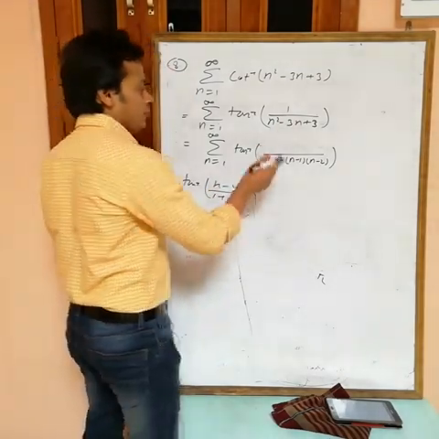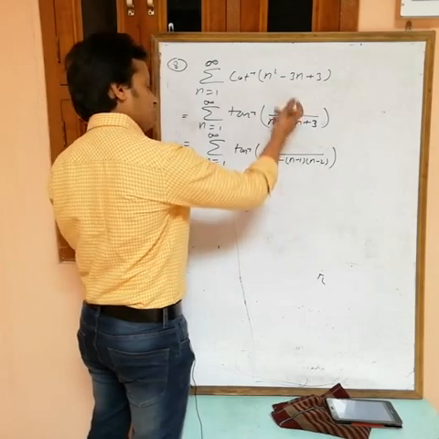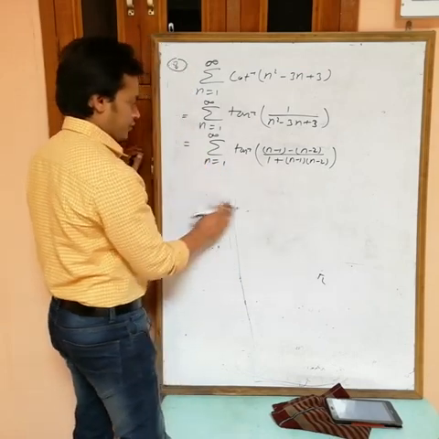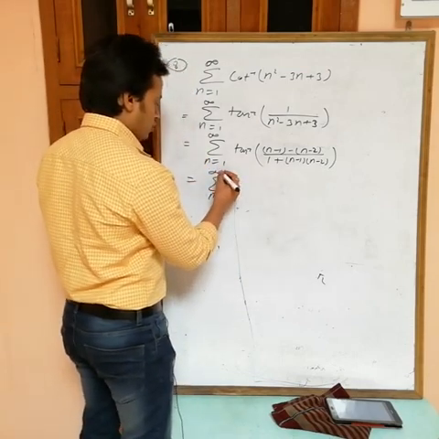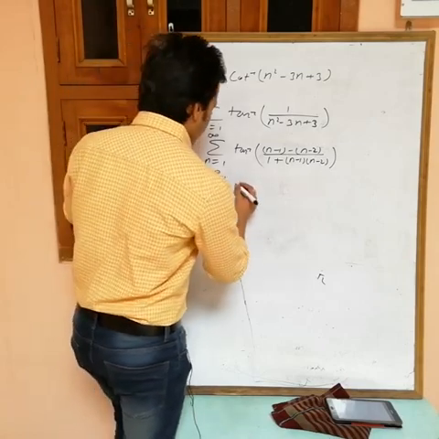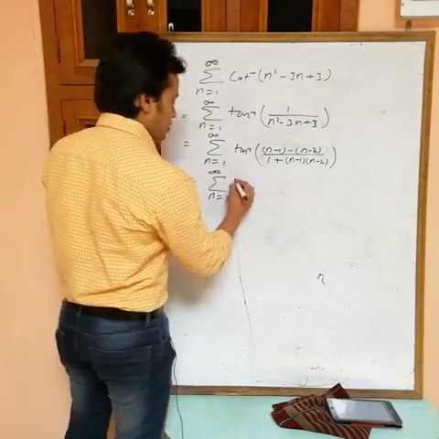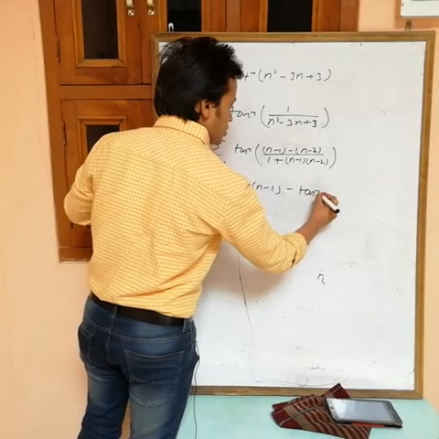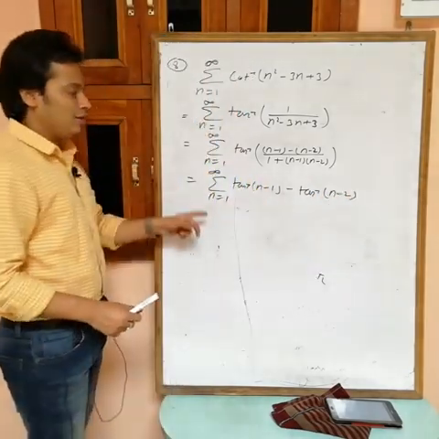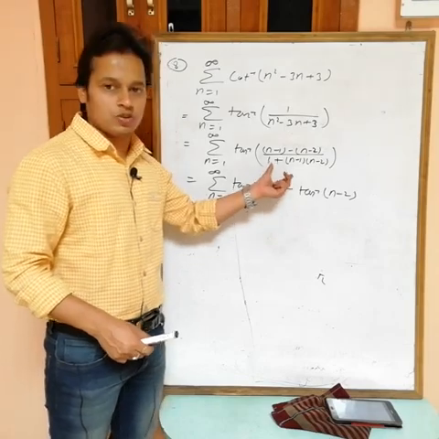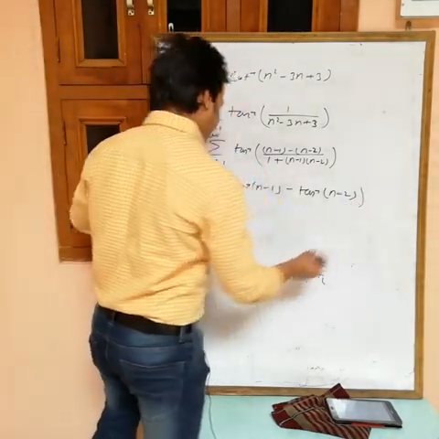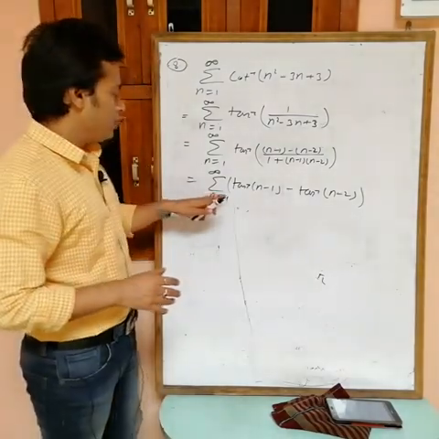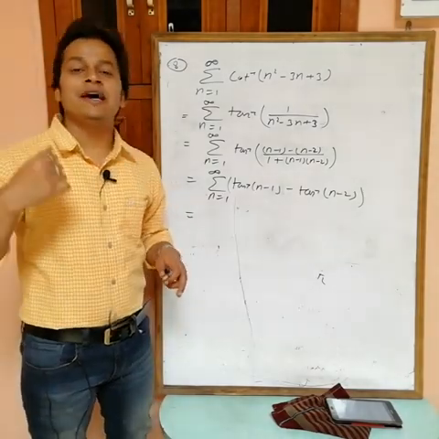Okay. Now again in numerator, what do you want? x minus y. This one minus this one is equal to 1. Okay, then no problem. n minus 1 minus n minus 2. So at the end, this can be written as tan inverse x minus tan inverse y, tan inverse n minus 1 minus tan inverse n minus 2, because this is equal to this one. Now put values from 1 to n, and to find the sigma for n equals to 1 to infinity, at the end replace n with infinity.